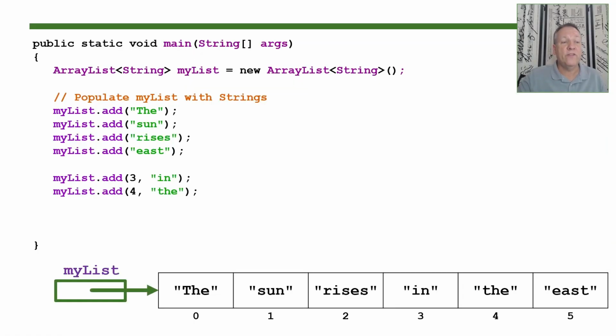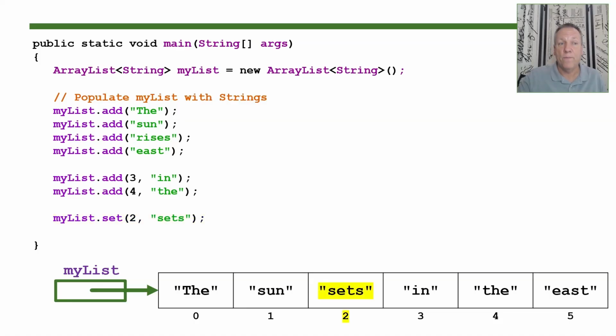So here's an example. Let's go back to our ArrayList. We know that we've added a whole bunch of strings and we have the sun rises in the east. And now let's look at the set method. If I say mylist.set(2, "sets"), well, this will not scoot any elements down. This is going to replace the element at position 2, which is the word rises, and replace it with the